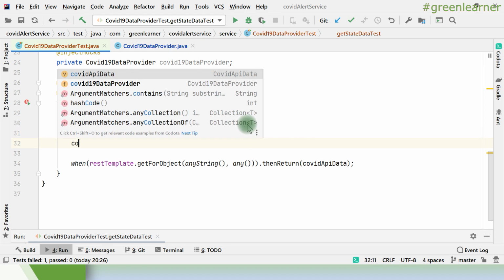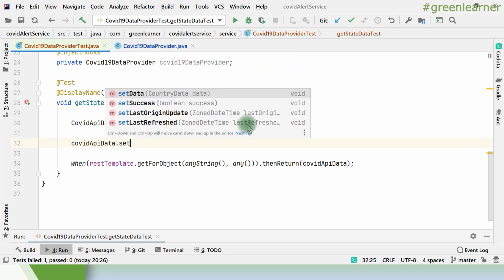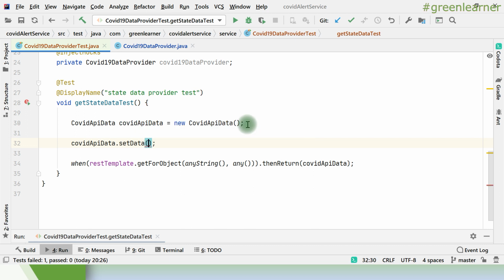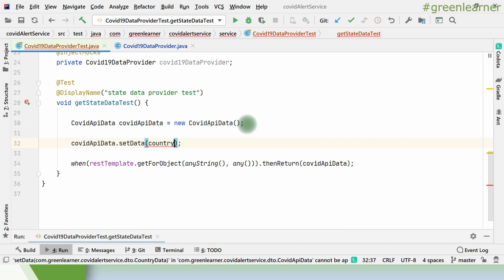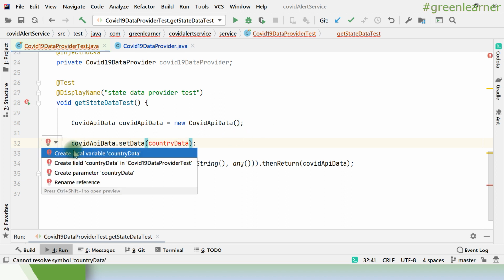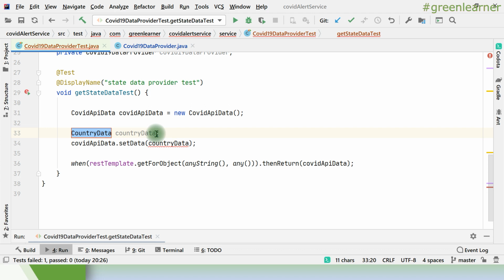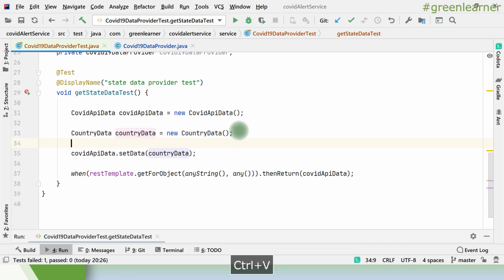So covidApiData.setData, I have to set the country data here, and create the country data object here. So new CountryData. In a while I have to put the values here as well.